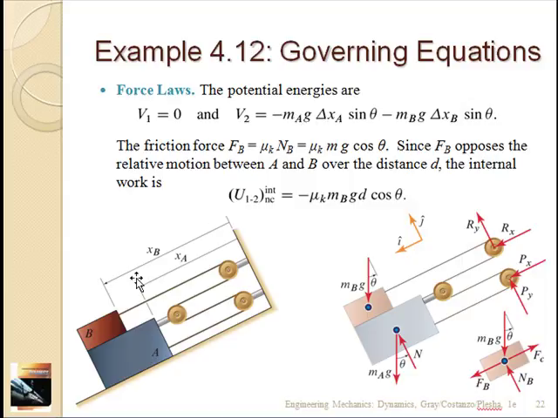And X_A is this distance here. So delta X_A is the distance traveled by block A, and delta X_B is the distance traveled parallel to the contact surface of block B. Then we have to look at this pulley system, right? We have all these rope lengths here due to the pulley, and we have to relate those as well.